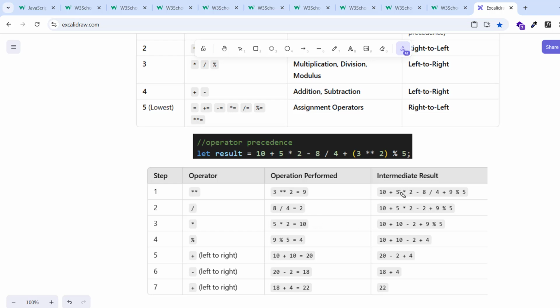Okay. Then divide will take place. Divide. So it will be 2. The rest of the things will be as usual. Then multiplication. So if divide and multiplication,